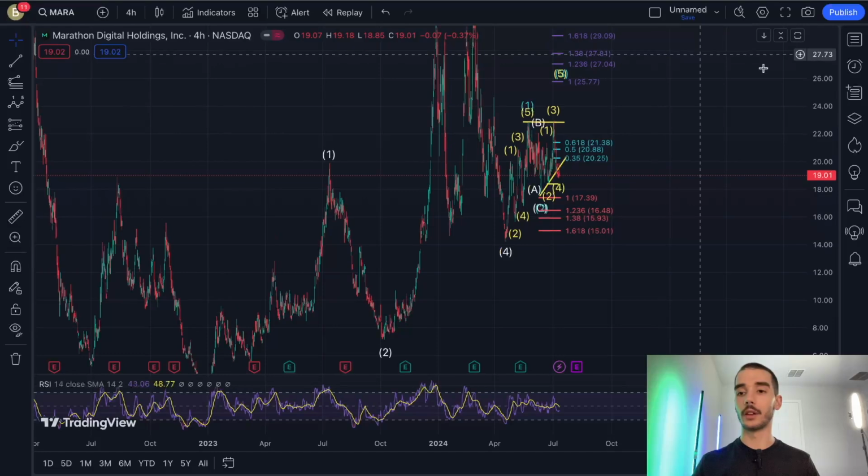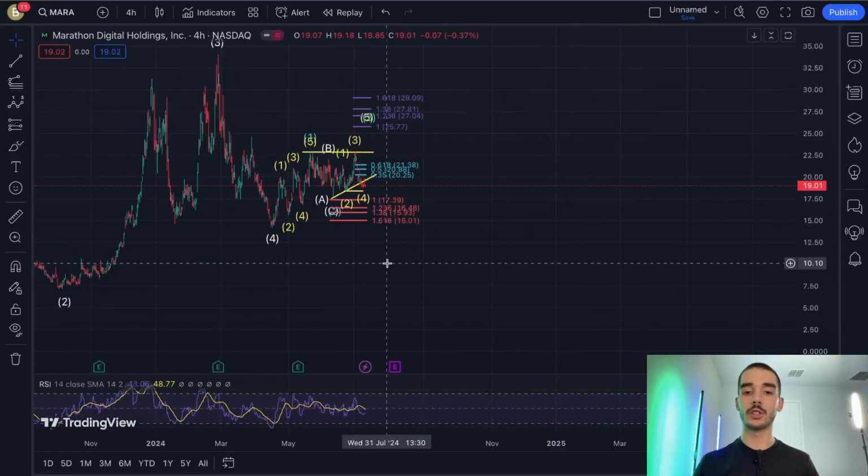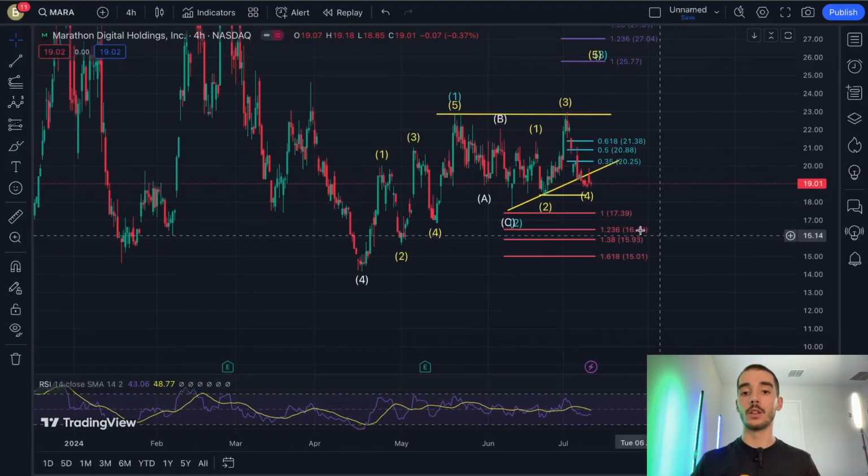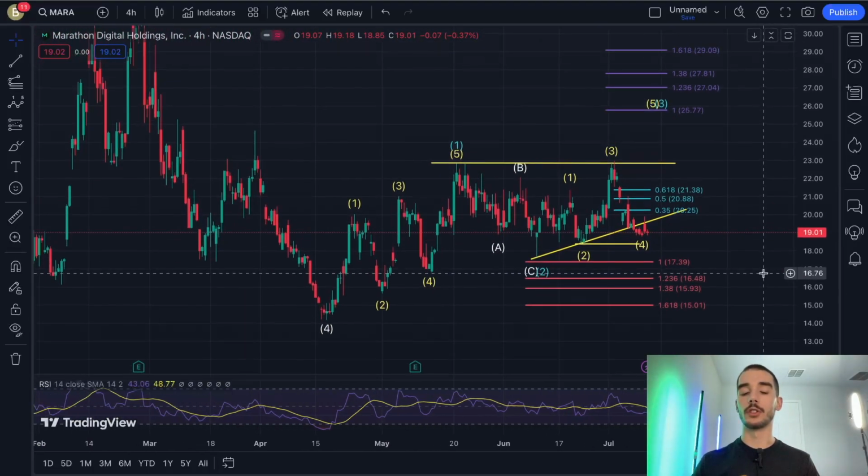So we'll see when we get there, and I hope I didn't repeat myself too much. I hope this made sense. Of course, it's not a good idea to only base your trades off of technical analysis, and always look at balance sheets, look at what the company is doing to really take advantage of a current situation that they're in. And by situation, I mean in a good way, like Marathon Digital Holdings. Are they mining more Bitcoin? Are they doing anything to improve profitability or stay profitable? What's their actual profit margin depending on the Bitcoin price? Are they still making money?